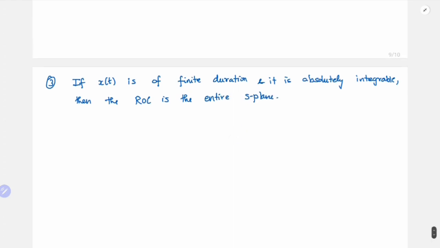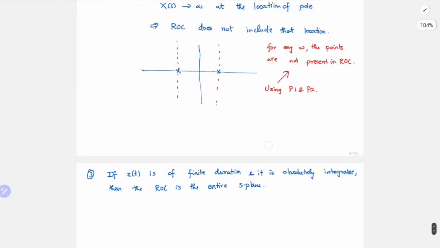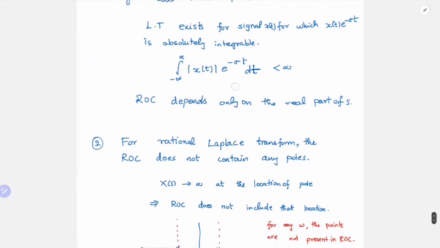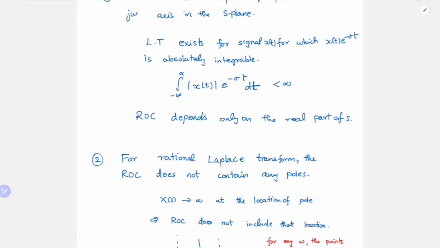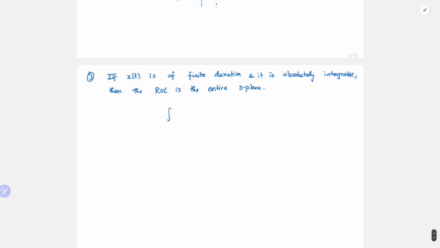So how can you say it is the entire S-plane? What we want is the region of convergence. So we need to find the sigma such that this is absolutely integrable. So let us take this. For whatever values of sigma, if this is absolutely integrable, then we can say that those points are included